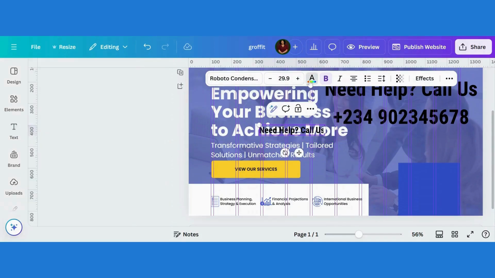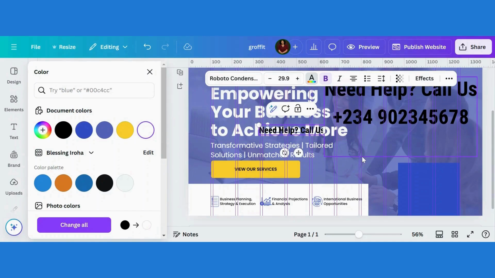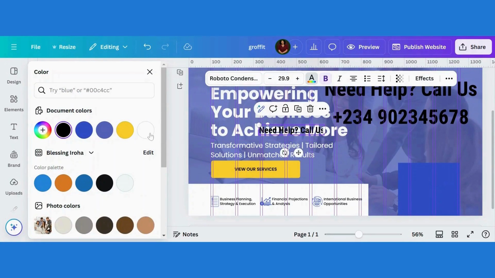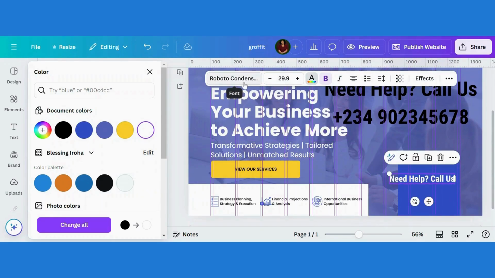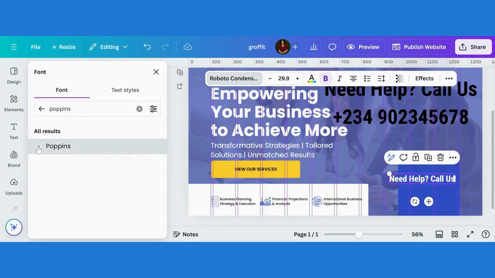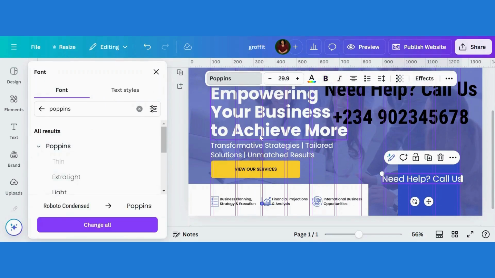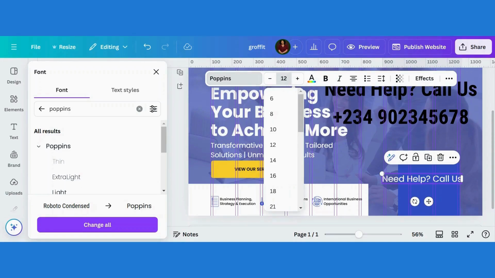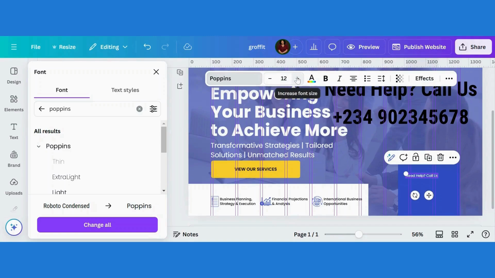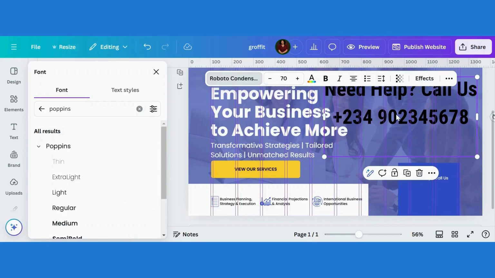Let's give it this color of white. Bring it here. We're going to change the font to Poppins regular. Then let's change the font size to 12 or maybe 14. Then place it here. Then the second part of it, which is a phone number,